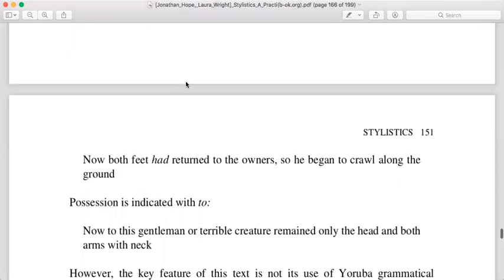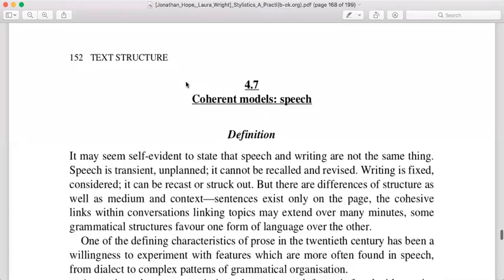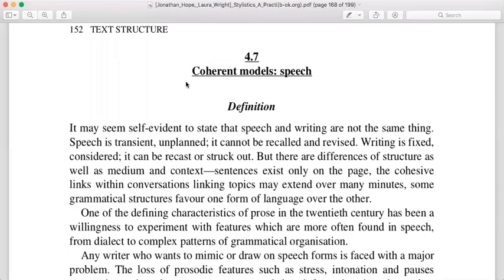Okay. Now let's move to the last section of this chapter, which tells us about coherent model speech. Now, what we are doing in this section is whenever a writer wants to tell you the difference between speech and writing, because we already know that the language that is used in speech or for spoken purposes is different from that of written purposes, right? So, whenever the writer wants to introduce a character who is speaking,